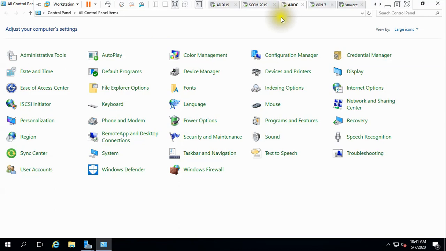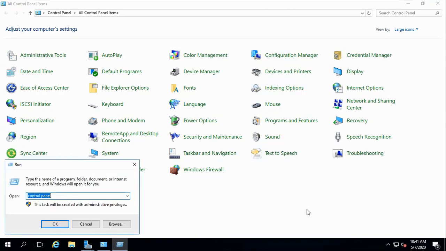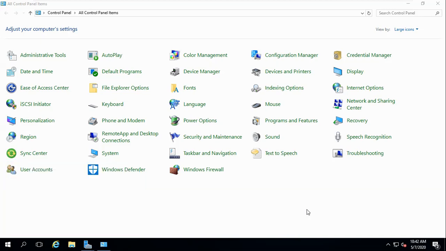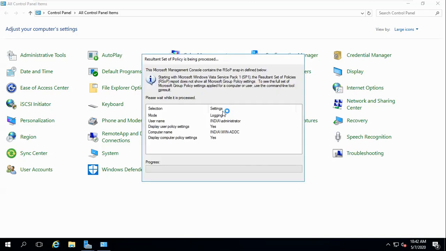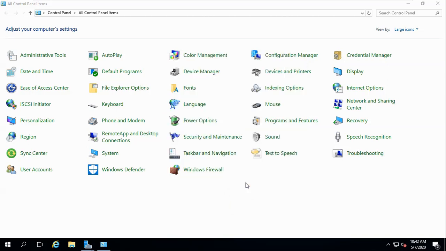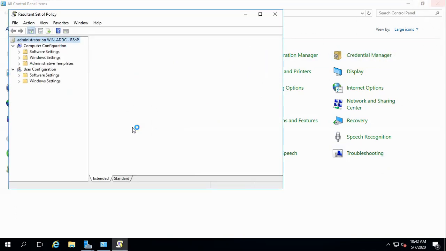The second thing you can check is group policy. Run rsop.msc. We had deployed one group policy for firewall. As you can see, it is calculating and will give you info about which policy is applying here.